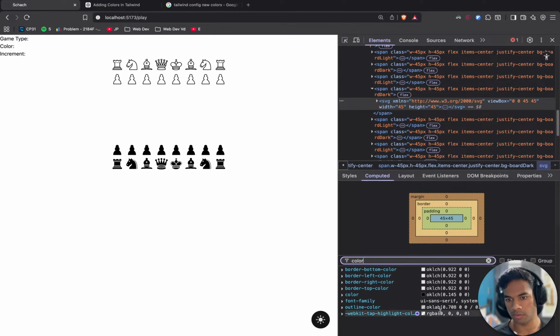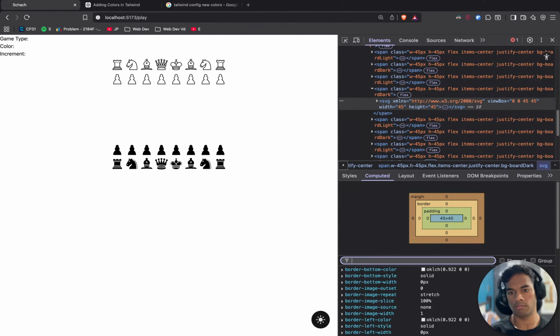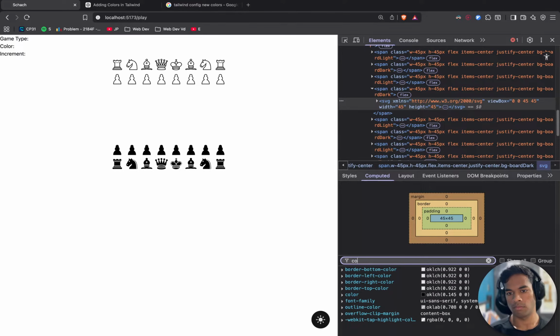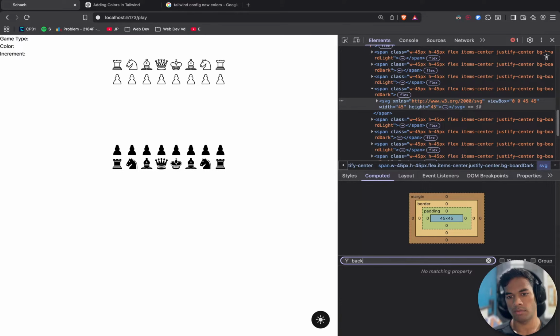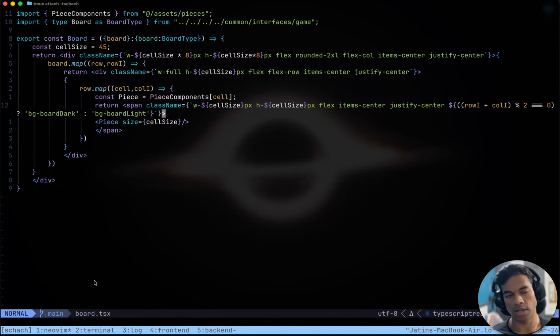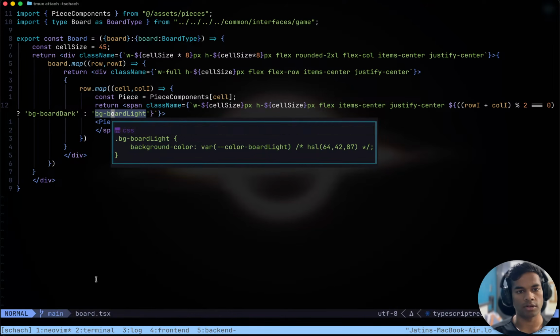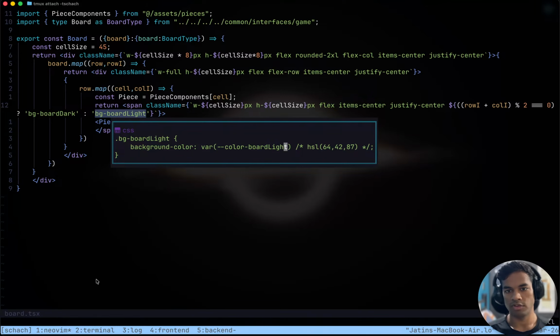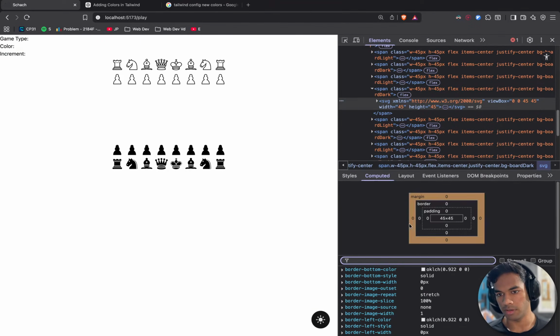Color background. Okay, there is no color property being added to this. Why? Background color equals this color board light, which has the HSL value this. So why don't we see this thing here?